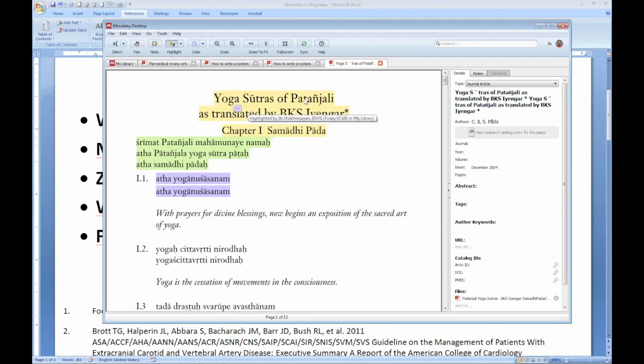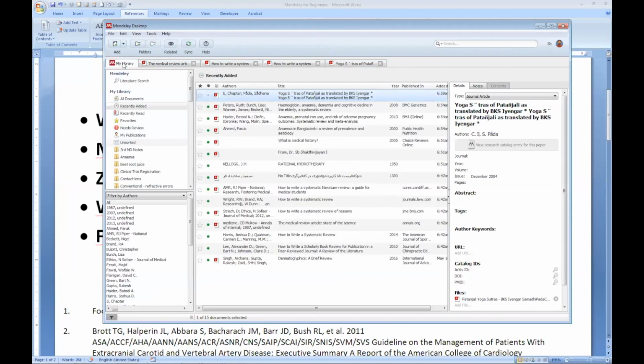Okay, so these are the ways you can use Mendeley. You have a very good library. You can organize all these things. You can keep favorites. You can write whatever. See, the basic things you can do on a computer, I'm not going to cover here. It is all very simple.